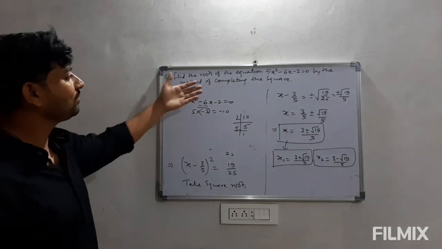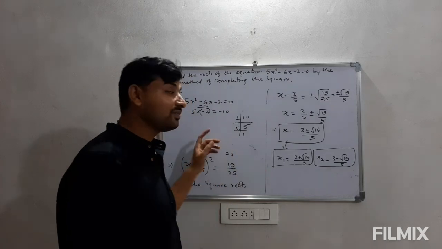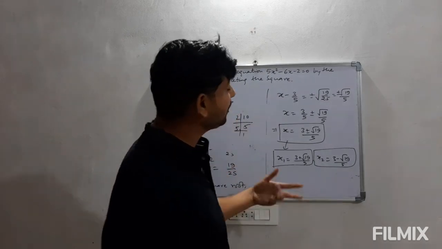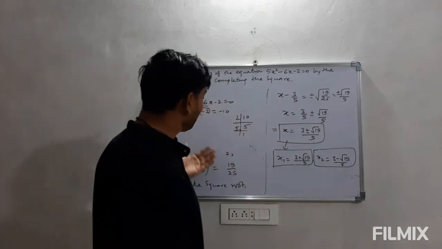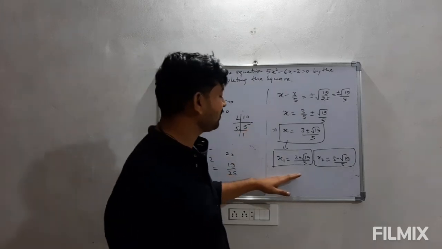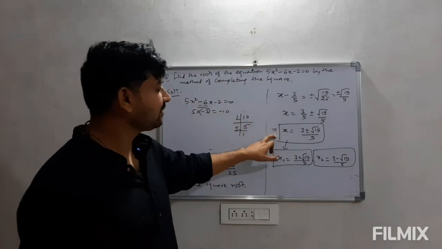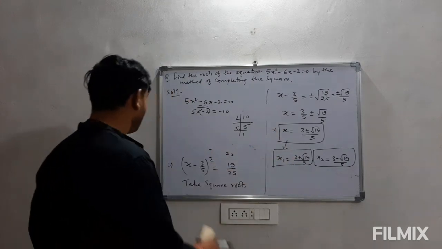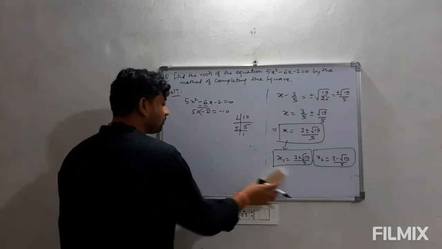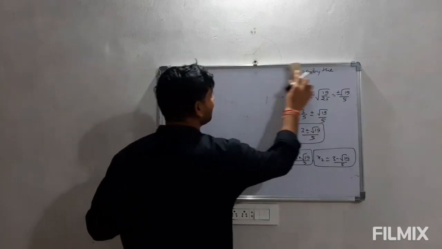That's why we are going through the completing the square method, and then we have the quadratic formula that is better to use. This is a very long process in the completing the square method, but by using the quadratic formula we can directly get this value. We have to simply put the values of a, b, c, and we can directly get the answer.